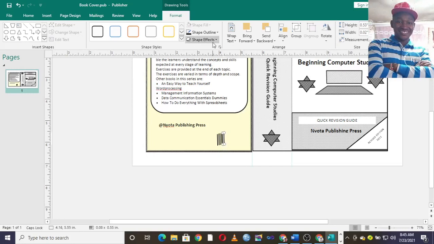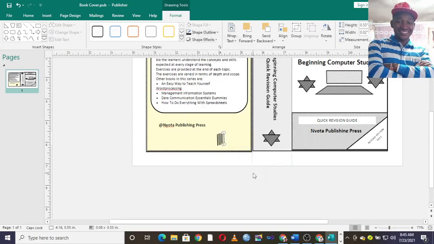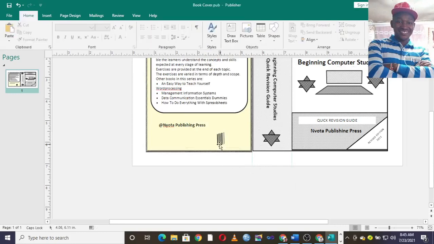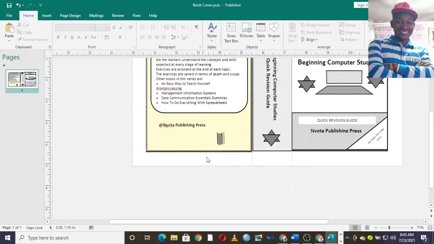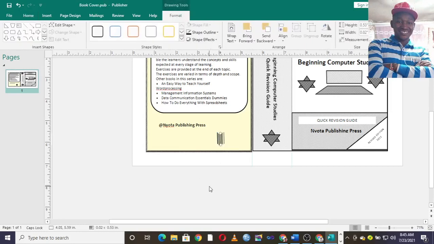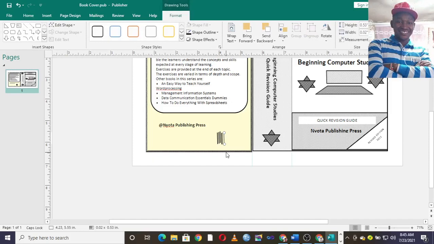But this one should be thin. Should be thin. That way. Then you just need to make sure that